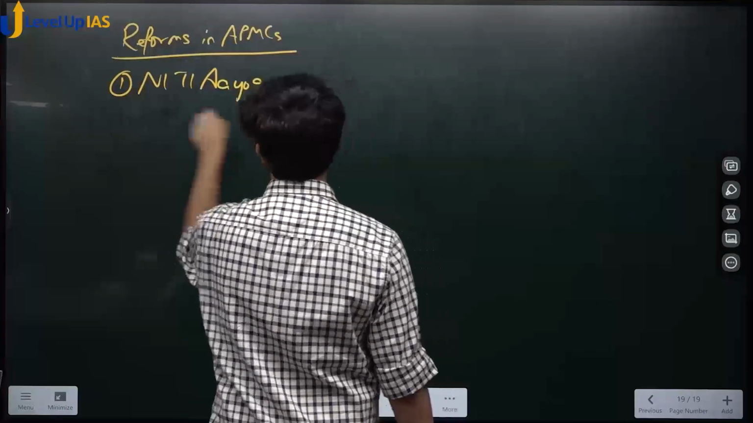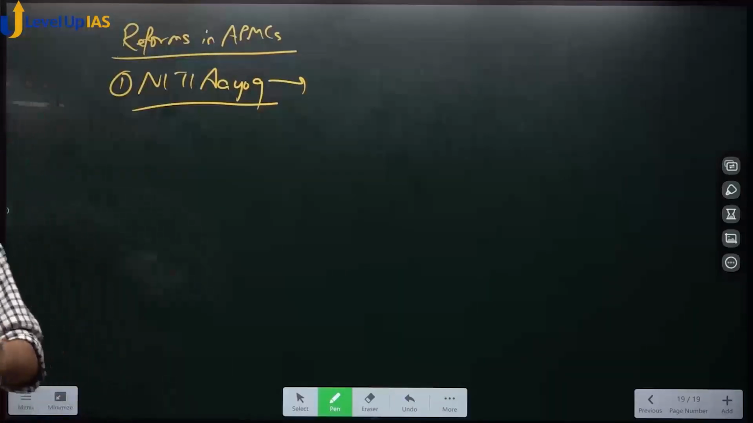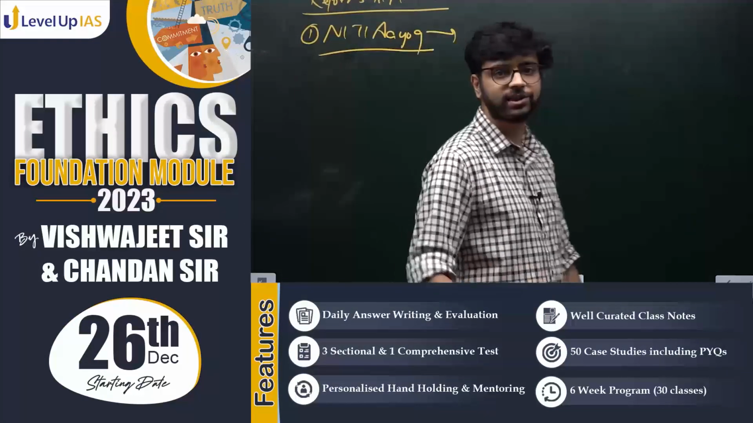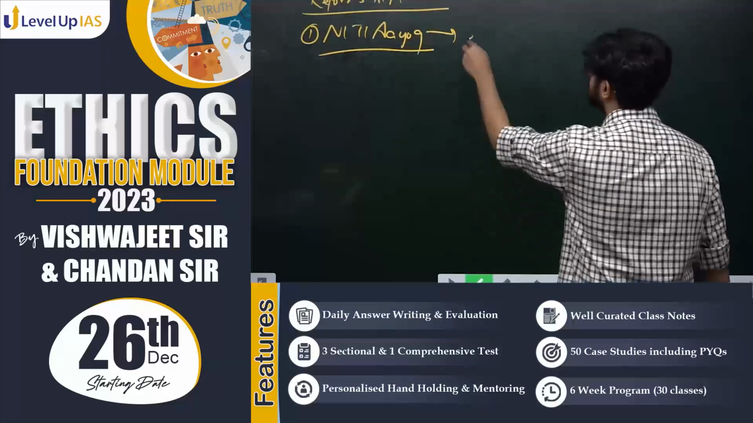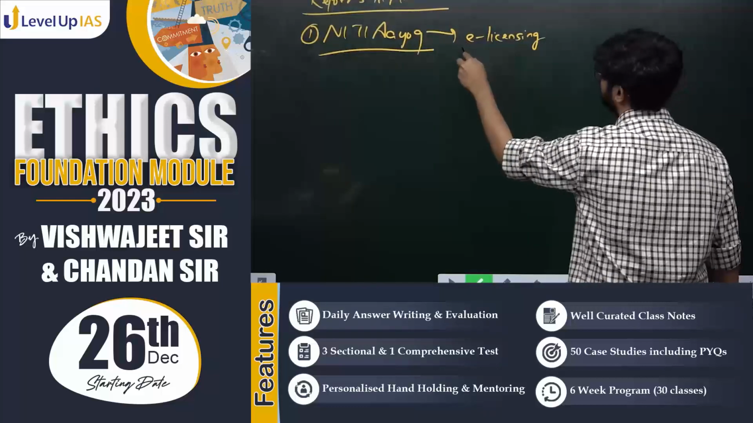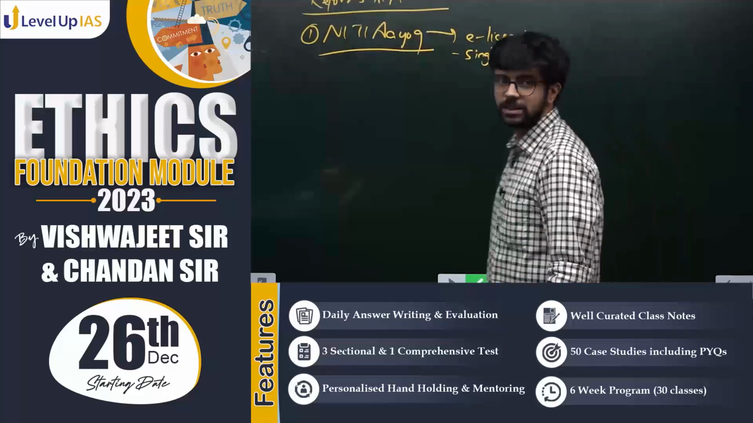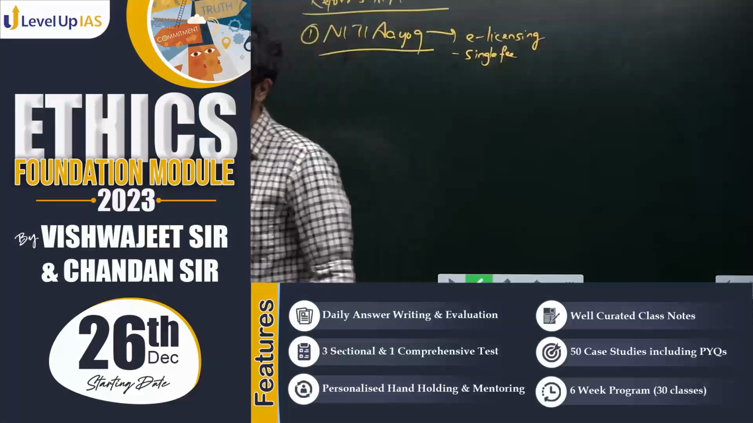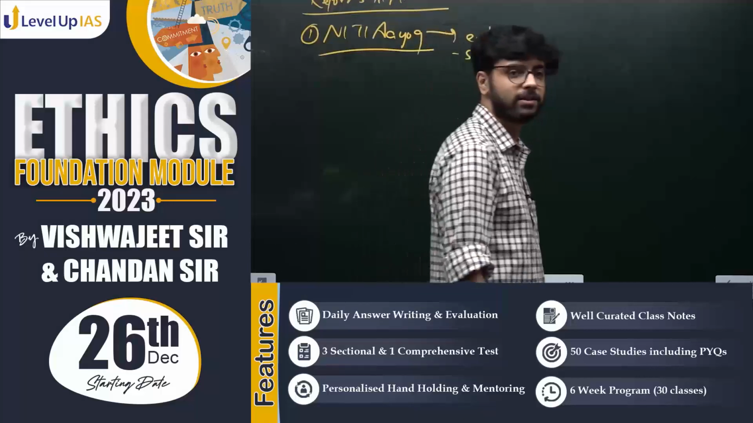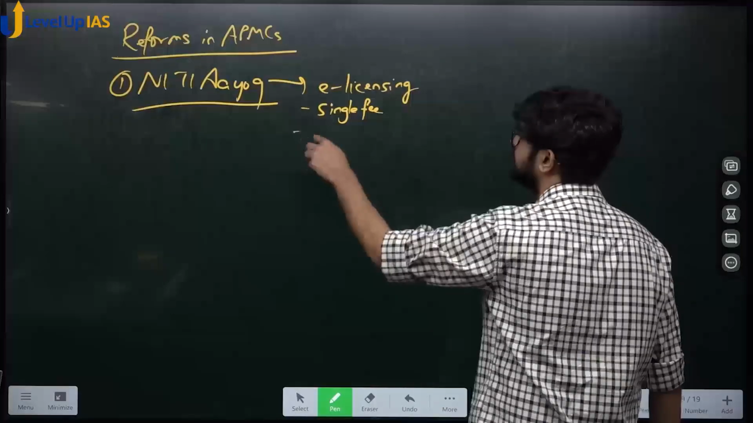नीति आयोग recommended something. क्या है वो? What is it? E-licensing. ऑनलाइन लाइसेंस इशू कर दो. E-licensing. Single fee, obviously single fee, right? Then private sector to be allowed to set up markets along with APMCs. Let other private people also set markets. So private mandis,